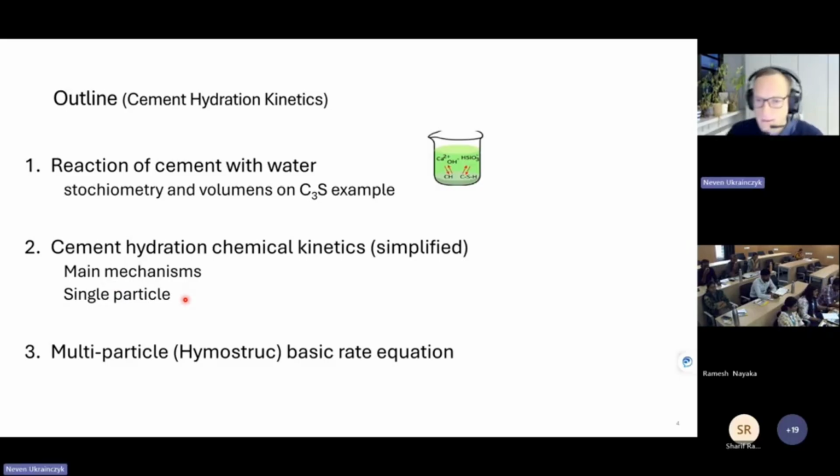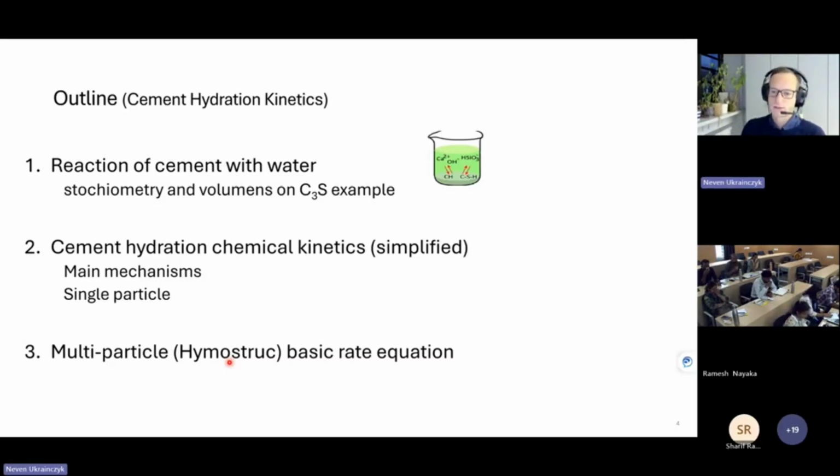And then I will finalize with multi-particles. So when you have a lot of particles, then you have the overlap. Each particle grows and the hydration shells, they overlap. So you need to consider this volume balance of overlapping spheres. And this is the Hymostruc model, which was developed in TU Delft, which I also contributed to, and Professor Koenders was the main